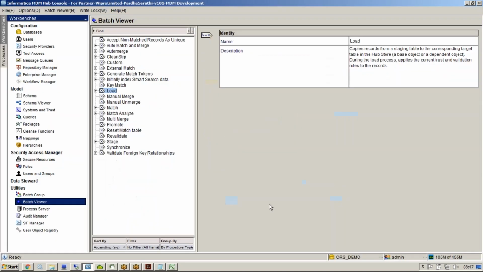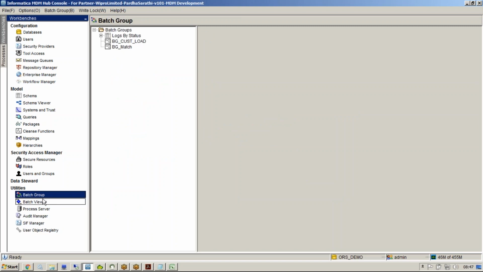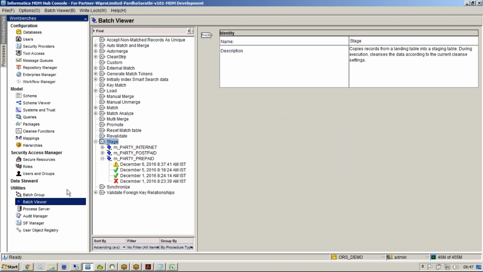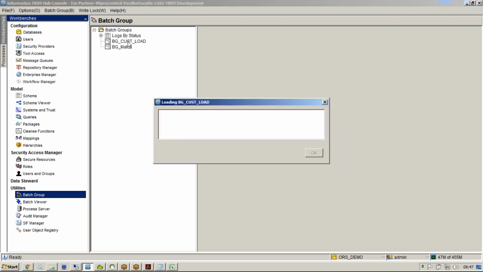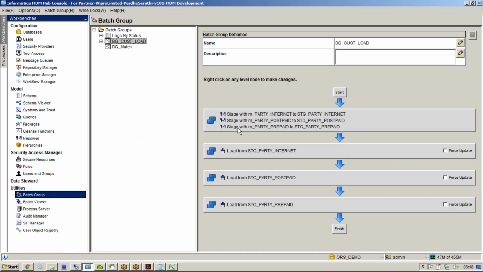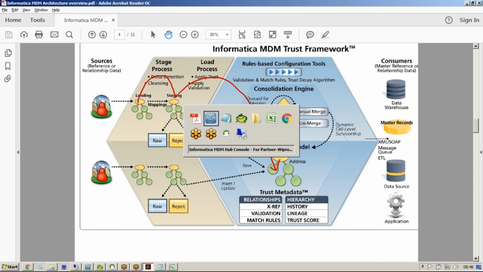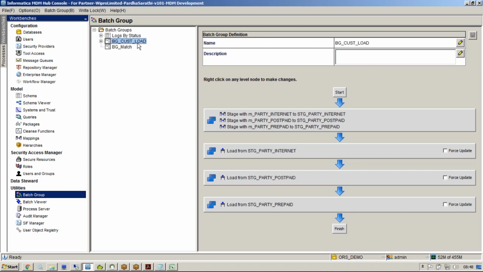So let's try to run this and I'll just show you the movement of data. I can run them one by one individually, or I can create a group and do that. What this group will do is move the data from here to here and here to here in a single job, single step, right? So if I go and run it,